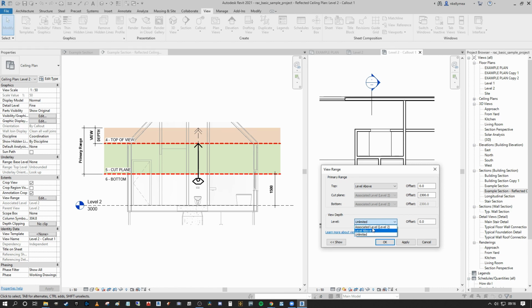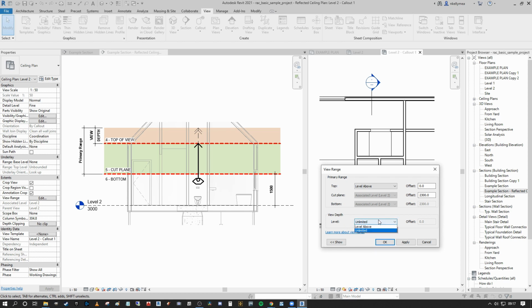And what that will do is much the same as the primary range here, where we can tell it to be unlimited. We can tell our view depth after the top of view to be unlimited as well. Remembering that our view depth presents things differently. As a default, it presents things as beyond. So what you want to do is create your top of view at the exact level you want it, and then you set your view depth for anything you want to see with the beyond line style